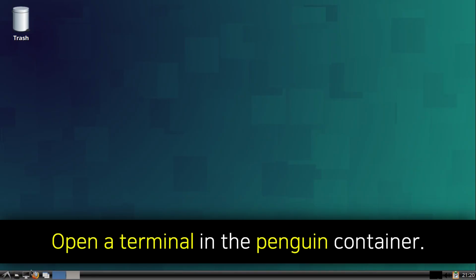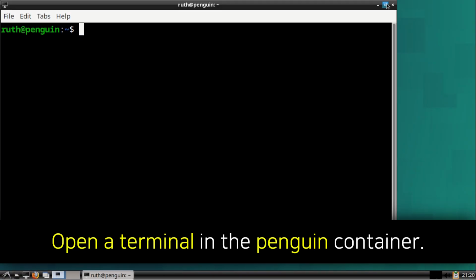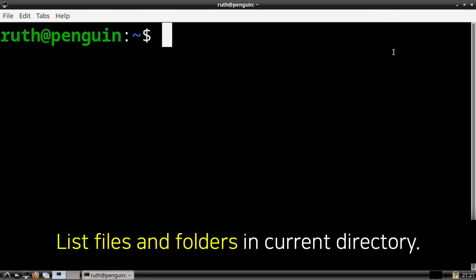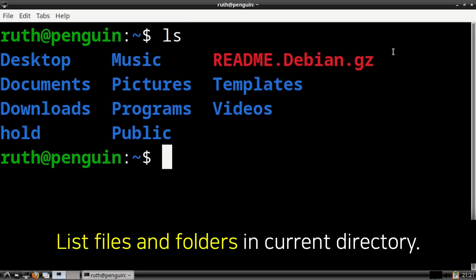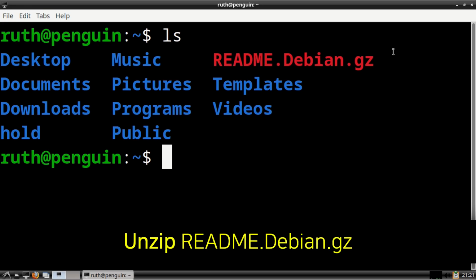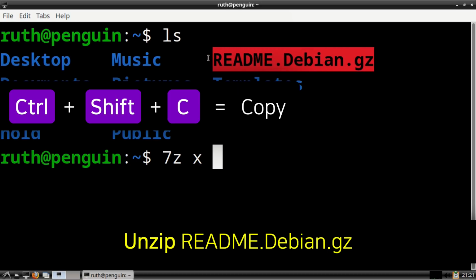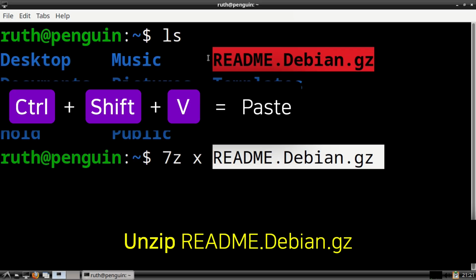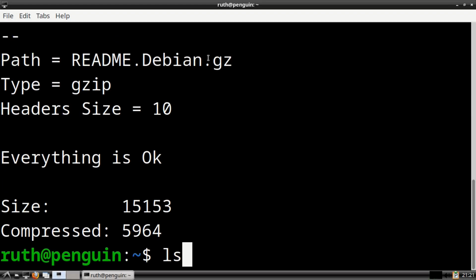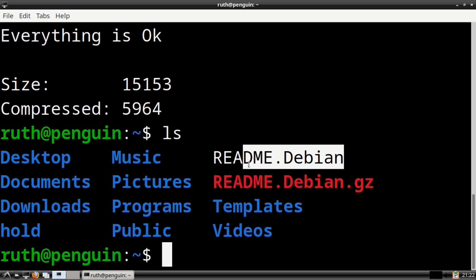Now from the container we copied the text file to, we can open a terminal, and we can first execute ls to list the files and folders. Here we should see the README.Debian.gz file. To unzip the file, we can execute 7z x and the file name. Here I highlighted the name of the file and then I did Ctrl+Shift+C to copy it, and then I did Ctrl+Shift+V to paste it. After we execute that, we can do ls again and we should see the README.Debian text